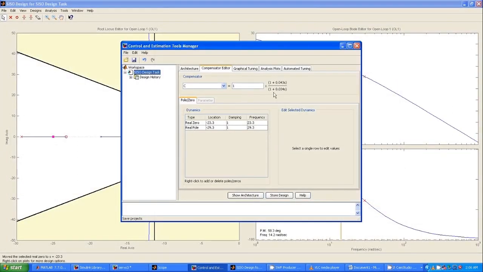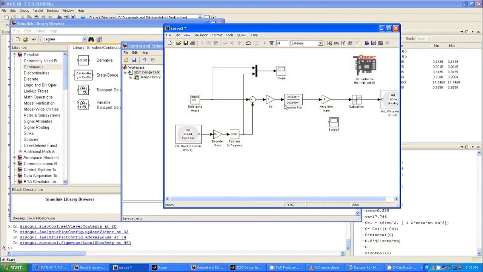I think I have entered it correctly. Now our compensated system is ready. I am reconnecting the scope.